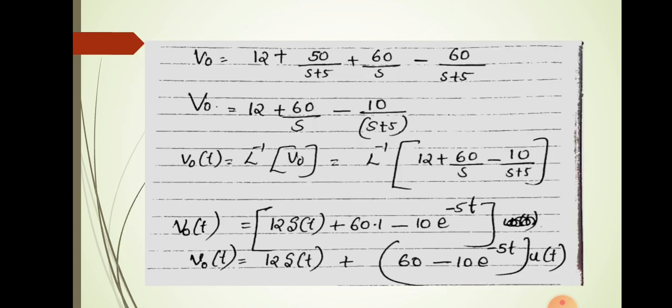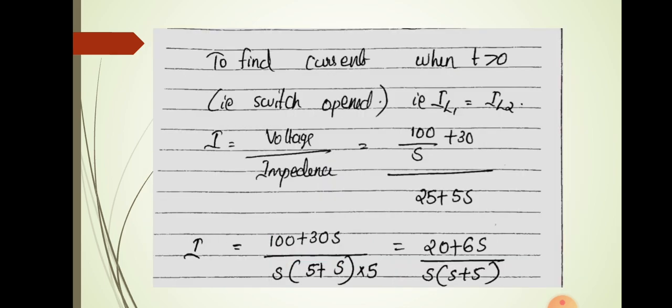You can see that due to the opening of the switch there is an impulse function, that is 12 into del of t. So an impulse function occurs in the inductor circuit due to the opening of the switch. That is the point I am trying to say. We initially said that an impulse function occurs in a switching circuit due to the switching action. So due to the opening of the switch, the impulse function that occurs here is 12 into del of t. Okay, that's all about this topic. Thank you.